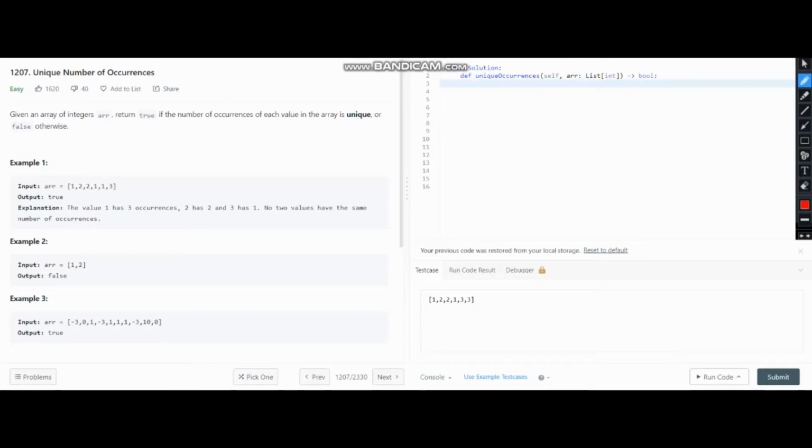All right, so let's get started. Here in example 1, we can see that our input array is a list of 6 numbers and the output is true because each value has a unique number of occurrences. For example, the value of 1 has 3 occurrences, the value of 2 has 2 occurrences, and the value of 3 has 1 occurrence. The value of 1 occurs at the index values 0, 3, and 4. The value of 2 occurs at the index values 1 and 2, and the value of 3 occurs at the